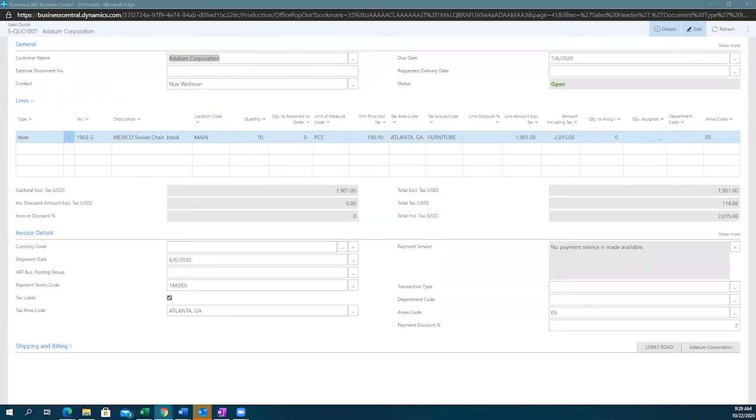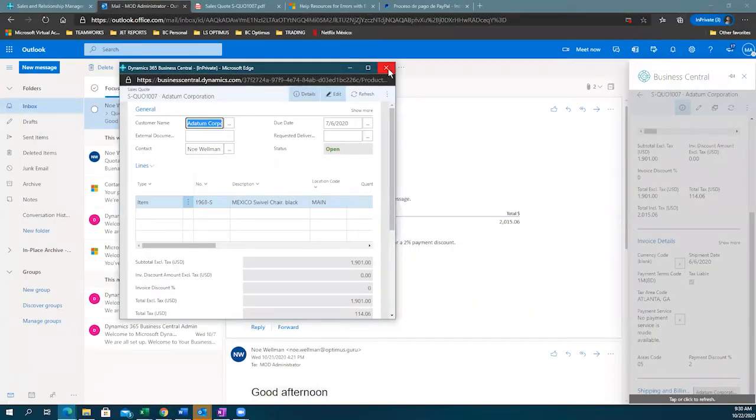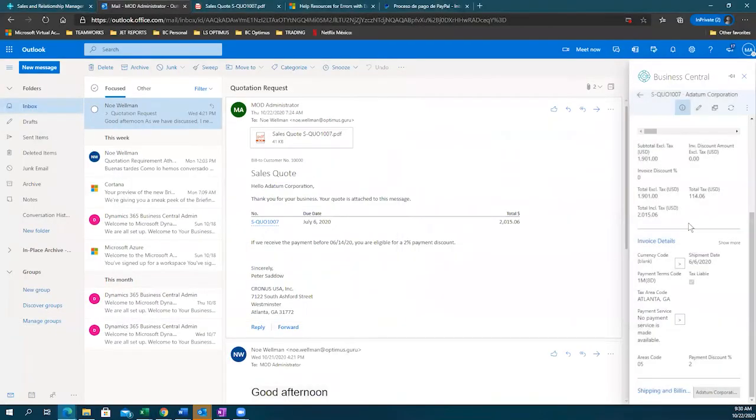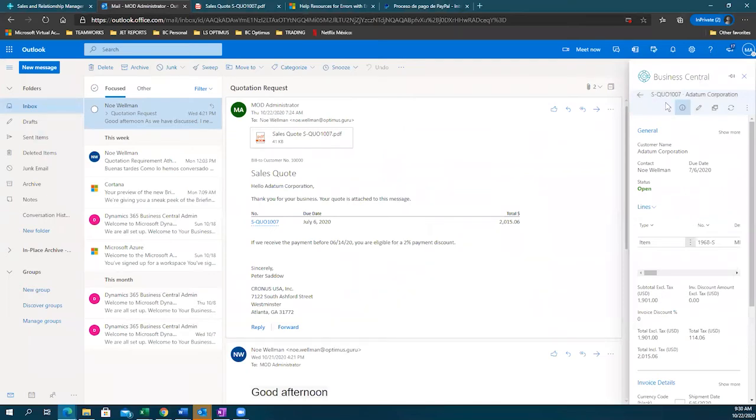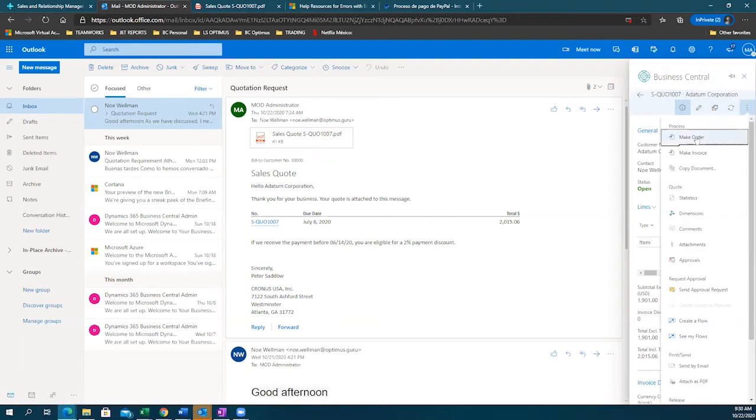Okay, so you can then, like I said, create your invoices, etc., and do a quick document lookup as well, like I have done. Whenever I receive an email, immediately you're going to see all the documents that you have open. Like in this case, I just found this one. Now, once this is generated, I'm going to click on the last function, which is make